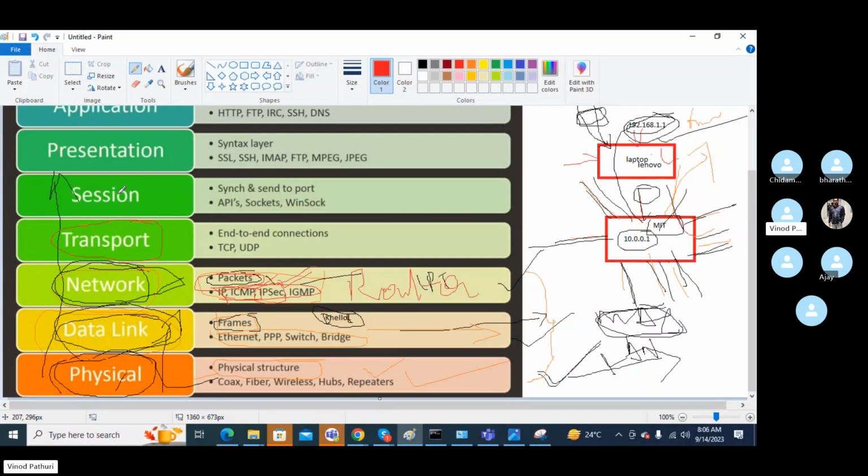Okay, so there are a lot of protocols we will use. For example, you have a Wi-Fi connection in your home, and everyone will connect to the Wi-Fi, and you are using Google, and they are using Google. So, did you think about how it is working for both of you with the same IP? Because you have only one Wi-Fi connection, right?